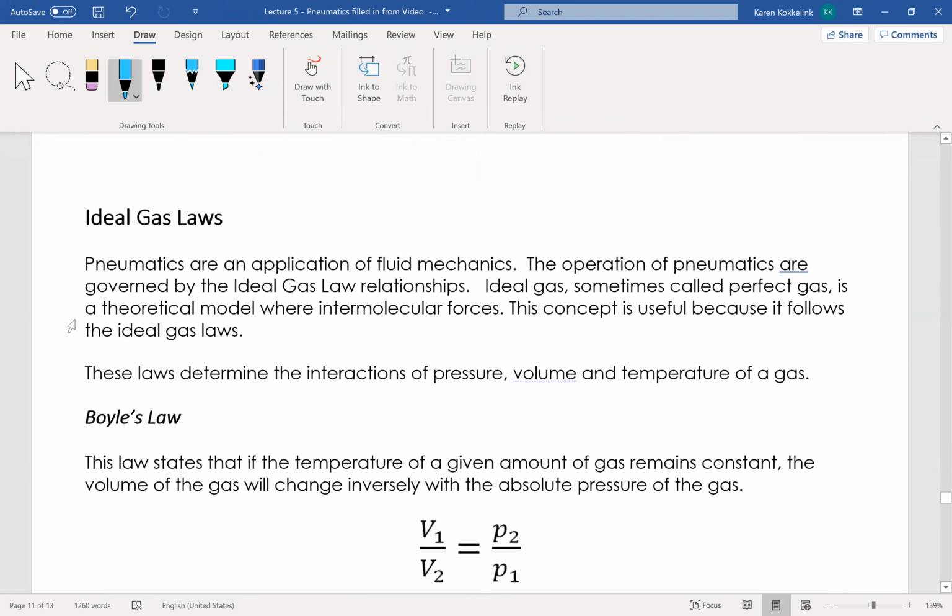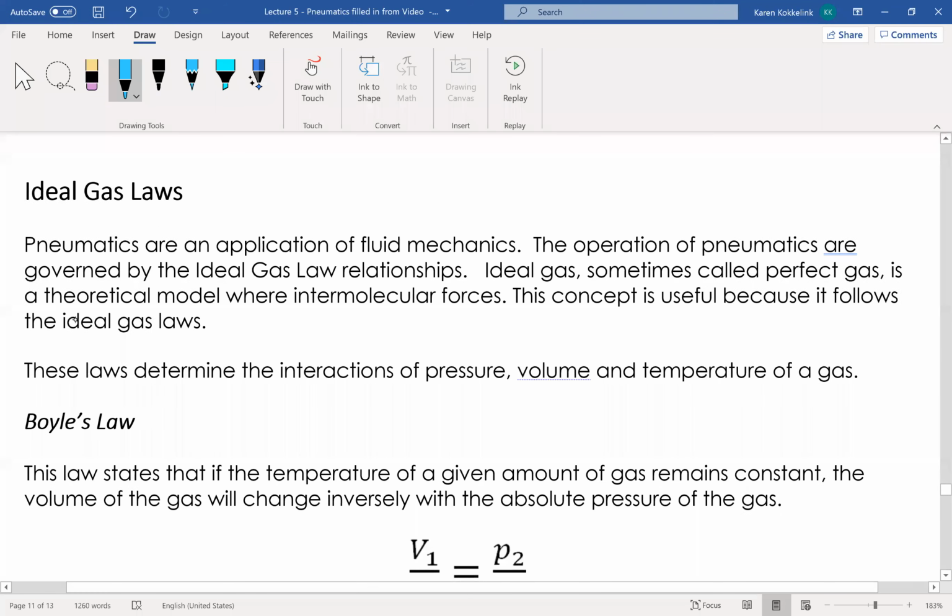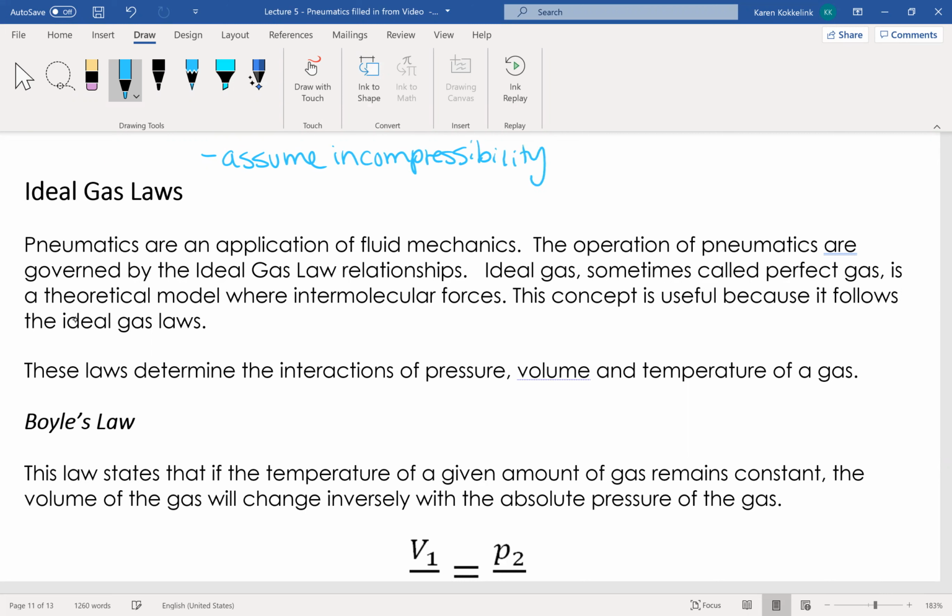Pneumatics operate on the principle of an ideal gas law. So in our course, we are going to assume incompressibility. And I want to take a moment to talk about the ideal gas law. You can read through this, and there's Boyle's law, Charles' law, and Gay-Lussac's law. They basically each hold something constant. But for an ideal gas, I'd like you to remember this, because all you need to know is